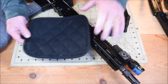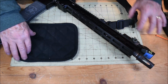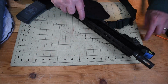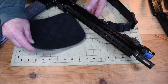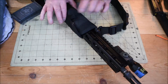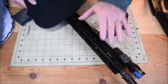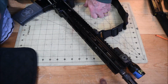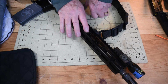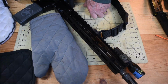And I get these specifically because of how long they are. See, it's 9 inches long by 6 inches wide. I get these because they comfortably fit all the way around your handguard. So that's my solution, and it works really well. And I take the mitten and I flip it inside out,